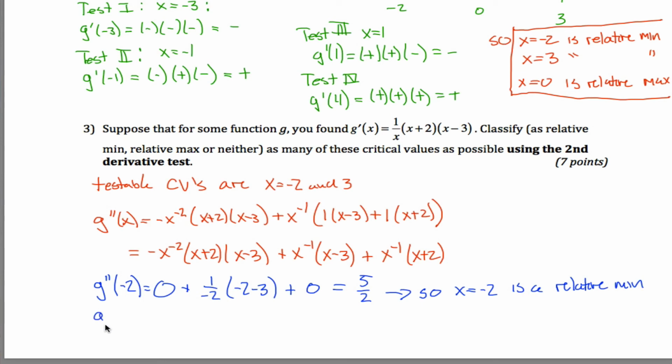And I'll do the same analysis, g double prime of 3. Well, same sort of idea. This factor right here will make this entire first term 0, and this factor right here will make the next term 0. So I just got to stare at this thing. Let's see, x to the negative 1 will be 1/3 times 3 plus 2, which is 5. So I get, what, 8/3? But really I don't even care what the number is, just the fact that this is positive. That tells me that x equals 3 is also a relative minimum,